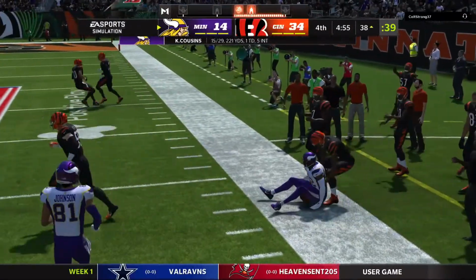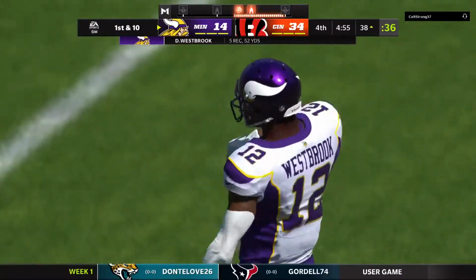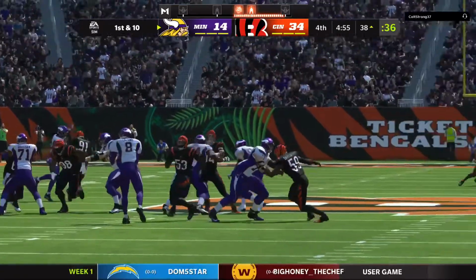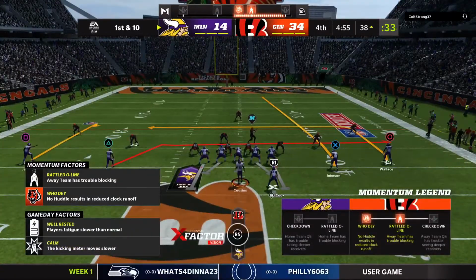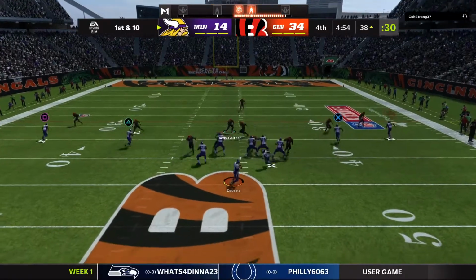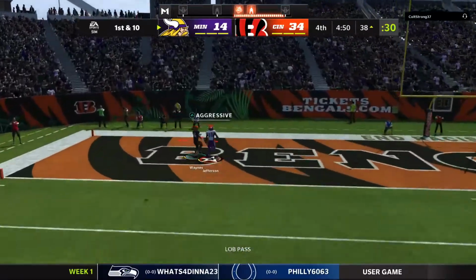Well, he's going to be out of bounds, but not before he takes it inside the 40. Another good completion on the drive as the Vikings have a first down. Well, I can put my defensive cap on right now, and I know they're saying don't give up any big plays now. They've controlled this game throughout, and all they want to do is see it through to the end. I think they let their guard down a little bit with that last completion. Sometimes when you're trying not to give up big...